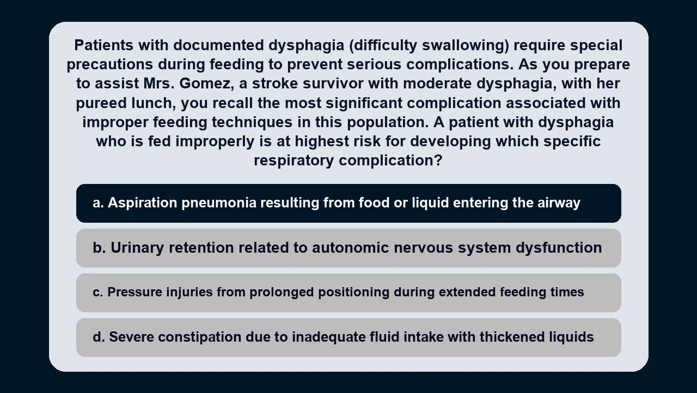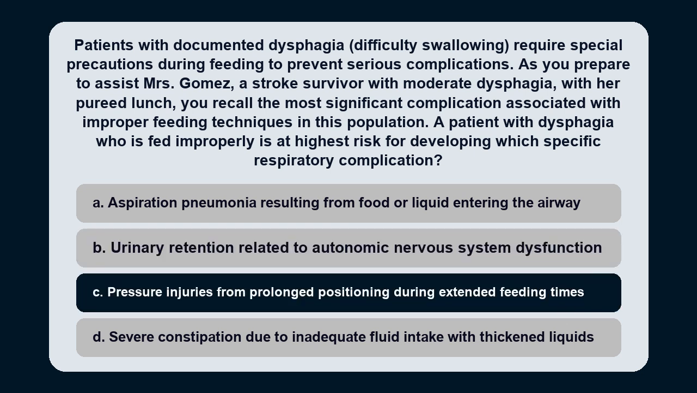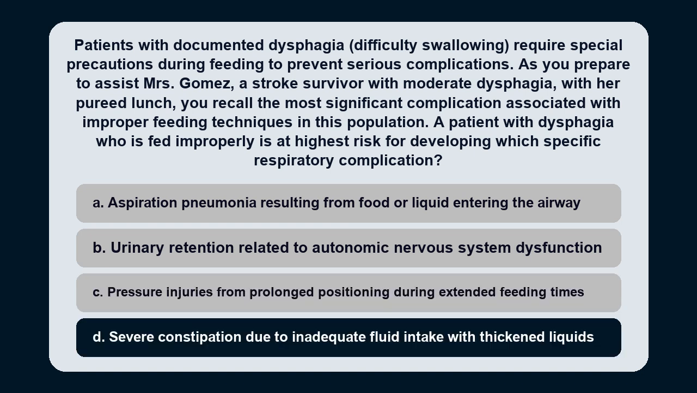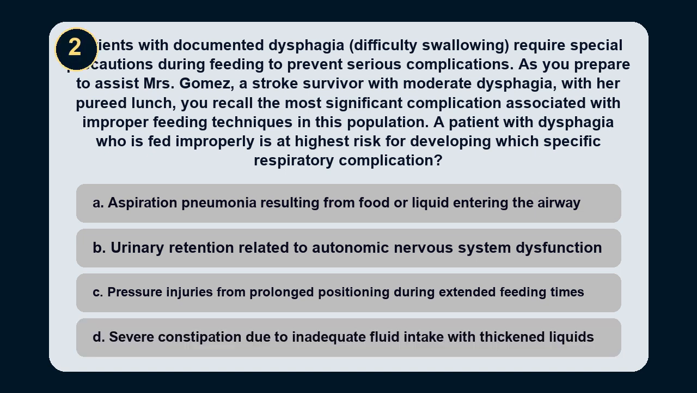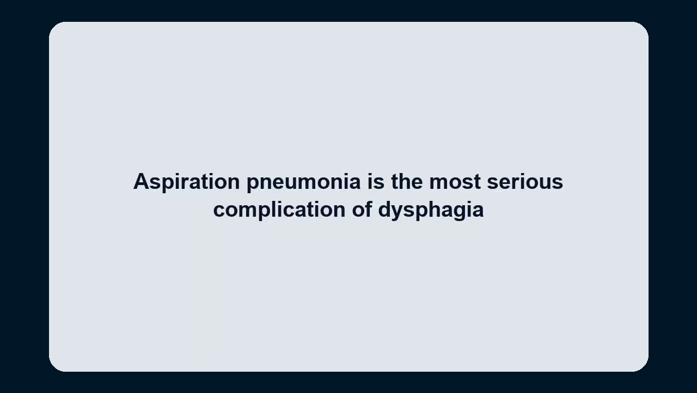Option A, aspiration pneumonia resulting from food or liquid entering the airway. Option B, urinary retention related to autonomic nervous system dysfunction. Option C, pressure injuries from prolonged positioning during extended feeding times. Option D, severe constipation due to inadequate fluid intake with thickened liquids. The answer is A. Aspiration pneumonia is the most serious complication of